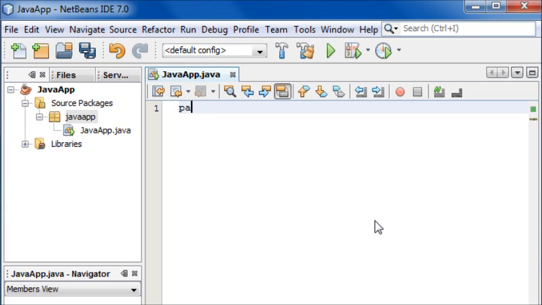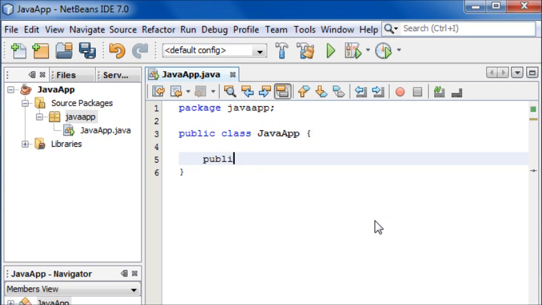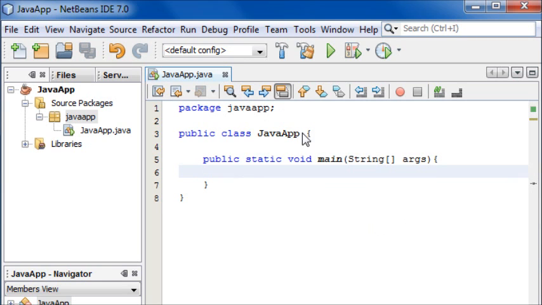So to start out, we'll do what we do every time by including the package Java app. Then we're going to make our public class, which is called Java app. Then we'll make our main method, public static void main string. There we go. Now it's probably a good idea to explain what static